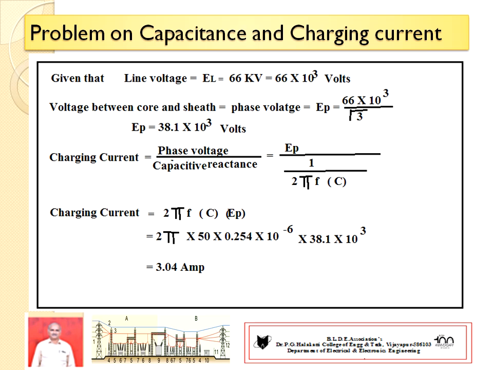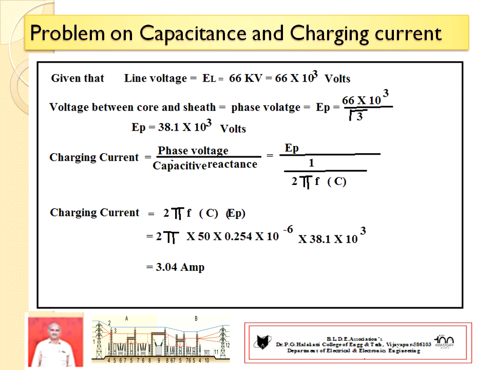The given value in the problem is line voltage, that is line voltage equal to 66 kV or 66 into 10 to the power of 3 volts. So voltage between core and sheath is the phase voltage. So you convert line voltage to phase voltage, it becomes 38.1 into 10 to the power of 3 volts. Hence charging current